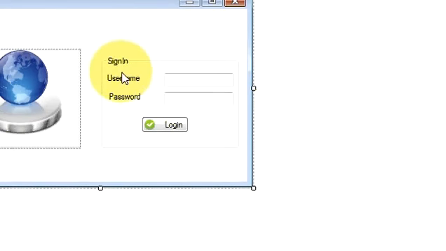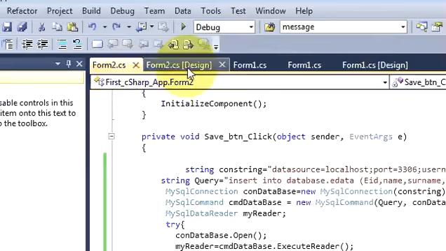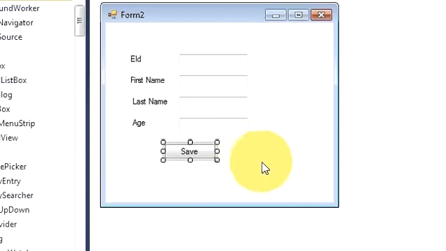Till now we have seen how to make a login application with C Sharp and a MySQL database, how to create a new form when you log in, and how to open a new form. So when you open a new form, I just want to be able to save the data for the employee. So in this video we will learn how to save the data from your C Sharp application to the MySQL